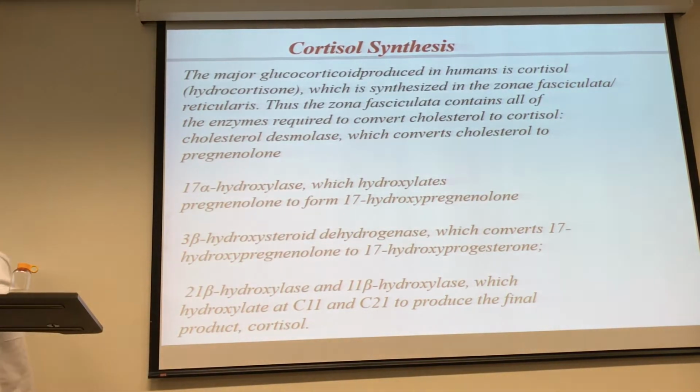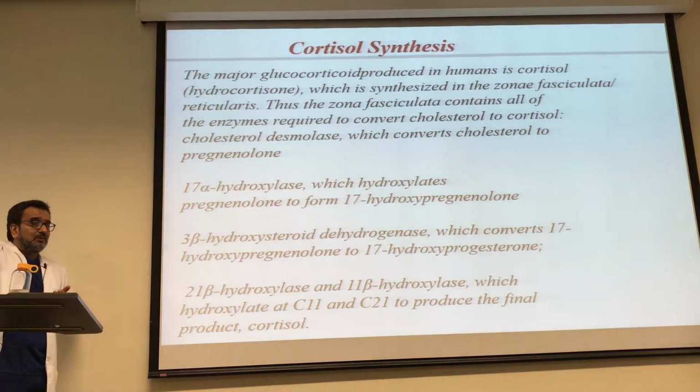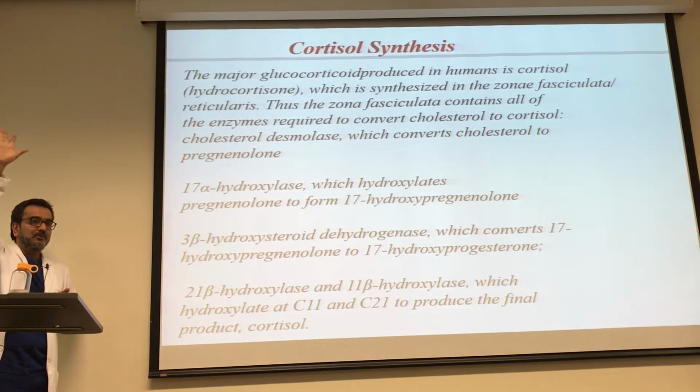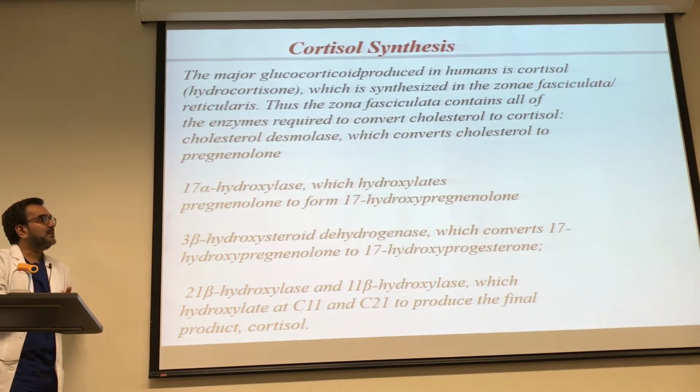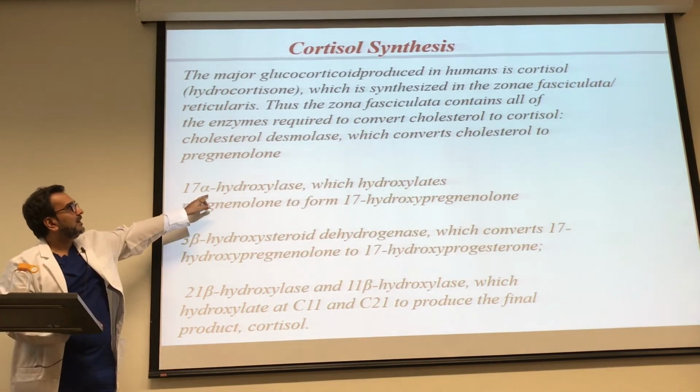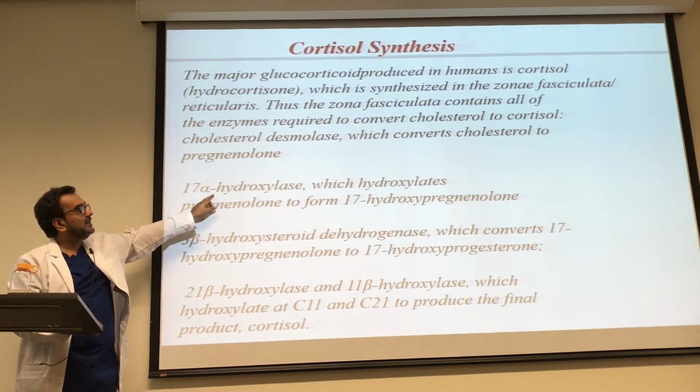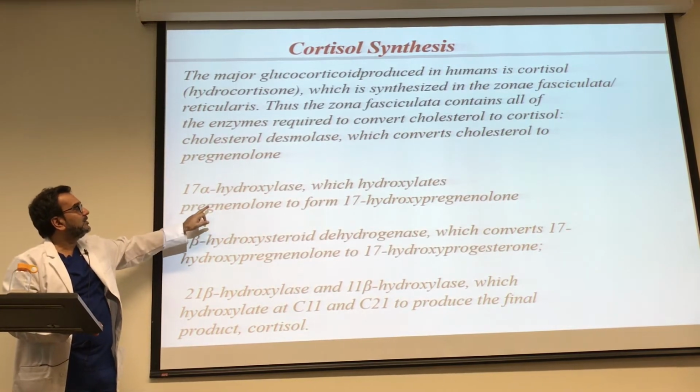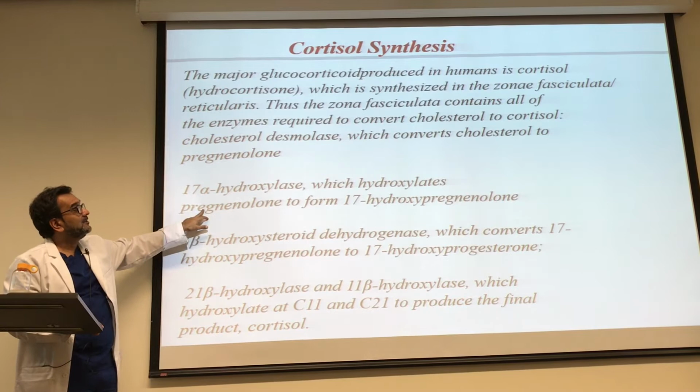So in the zona fasciculata and reticularis, cortisol is formed, which is the major glucocorticoid. Zona fasciculata thus contains all the enzymes required to convert the cholesterol to cortisol. So the first step is cholesterol desmolase, which converts the cholesterol into pregnenolone, and then you need an enzyme which is called 17-alpha hydroxylase, and this 17-alpha hydroxylase converts or hydroxylates pregnenolone to